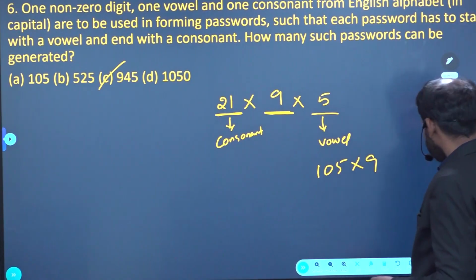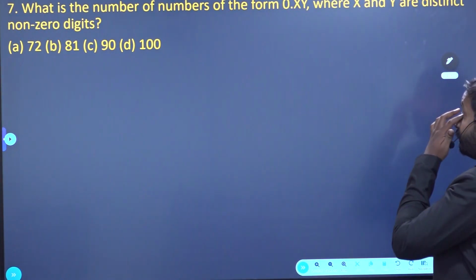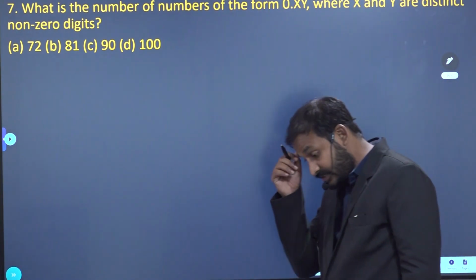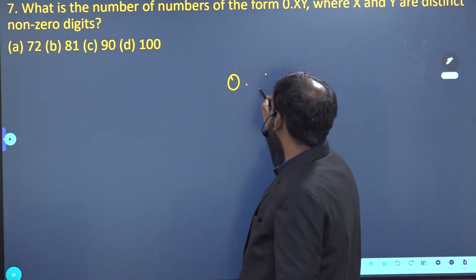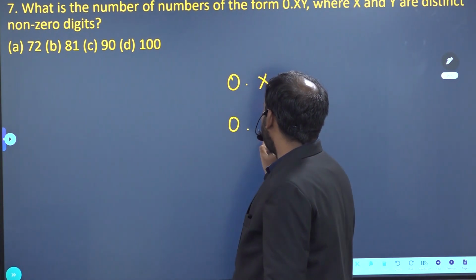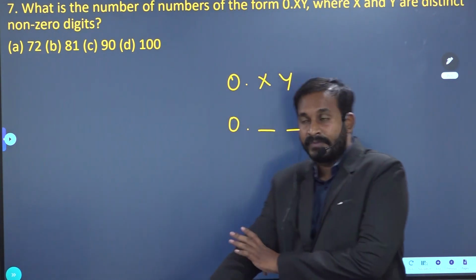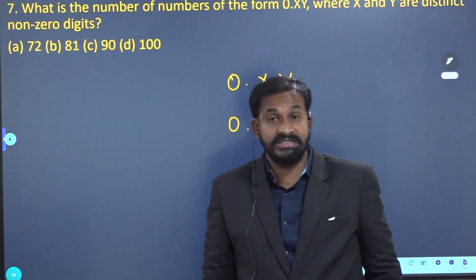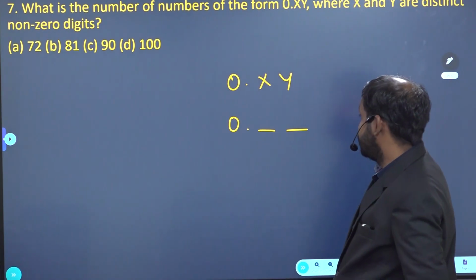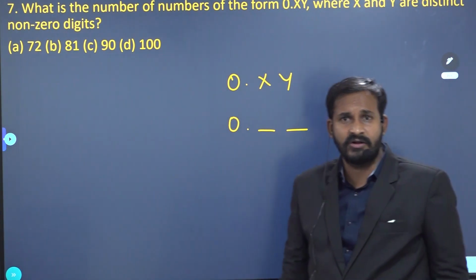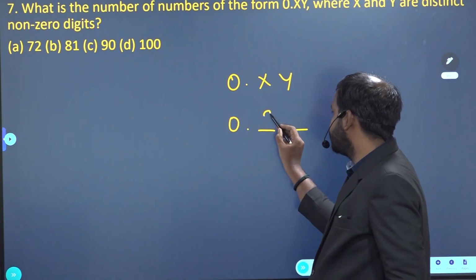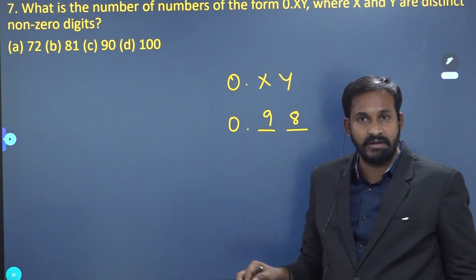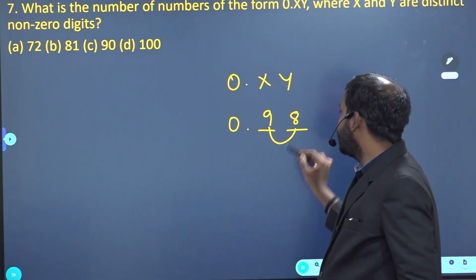Right, next one. What is the number of numbers of the form 0.xy where x and y are distinct non-zero digits? Okay, so 0.xy I need to write, and how many chances will I have for x and y? They are distinct, which means I cannot use the same digit. Total non-zero digits are how many? 9. So for x I can use 9. Already 1 is used here, so for y how many chances will I have? 8 chances. So 9 8s are